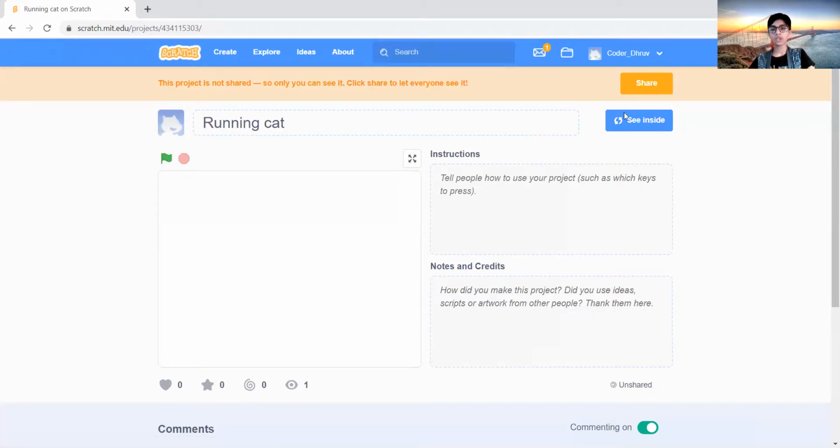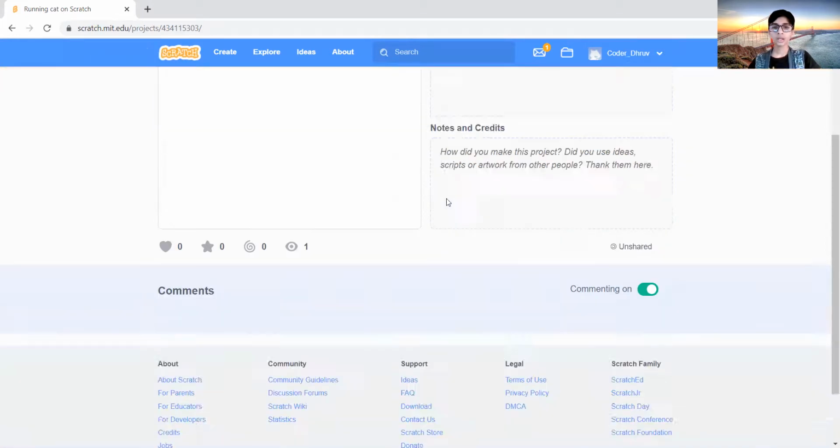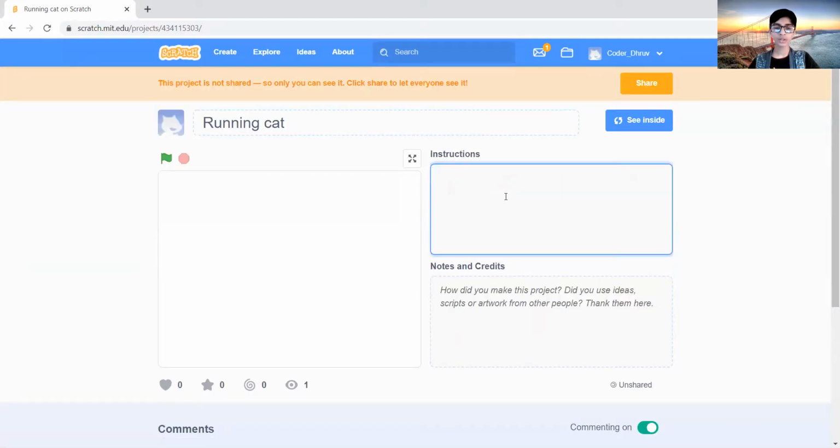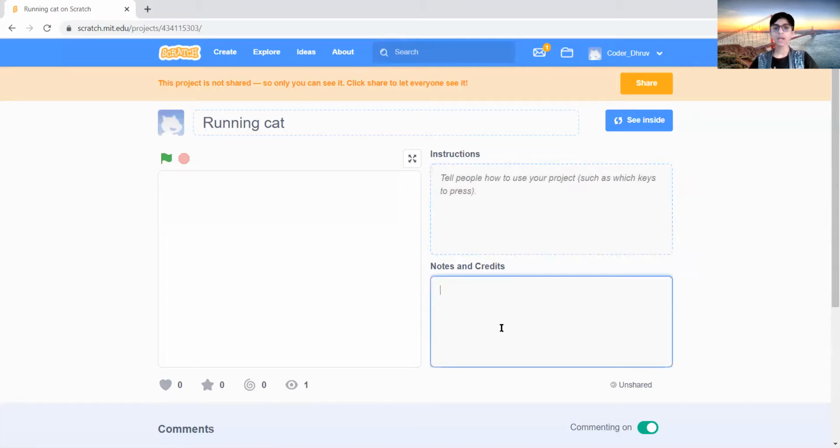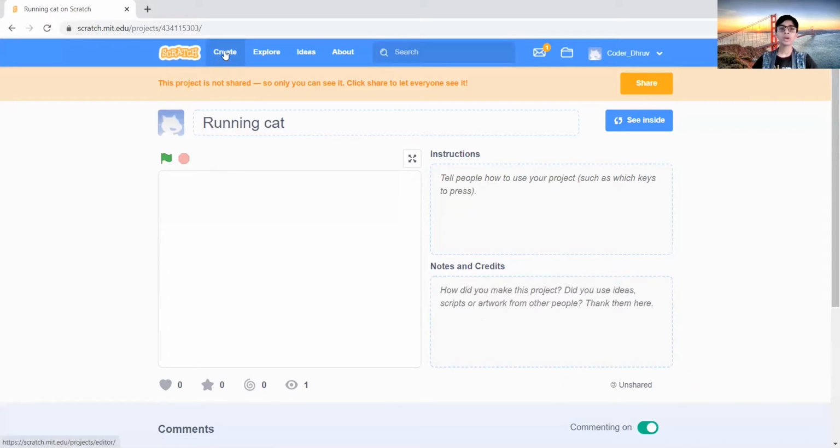Here I can share my game and other people can see it. And yes, here are the instructions on how to play the game or animation, and here are notes and credits. In notes and credits you can give credit to whom you got the idea from, who has helped you, and other things.